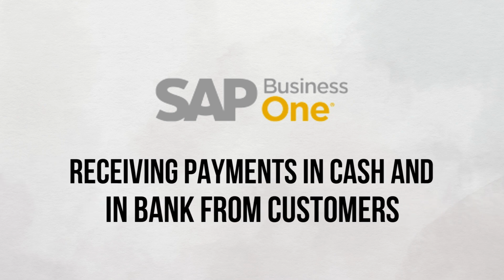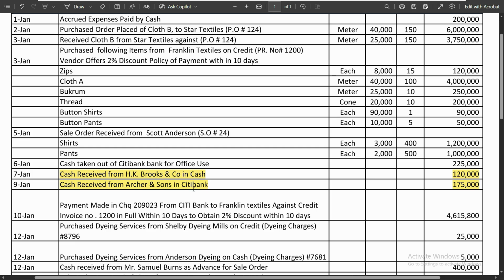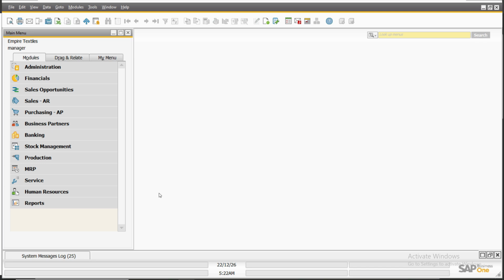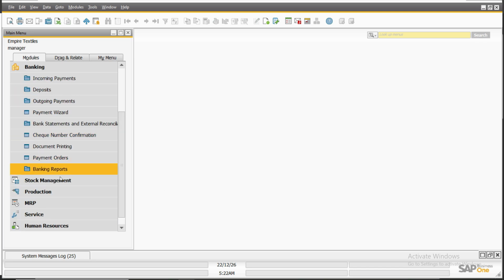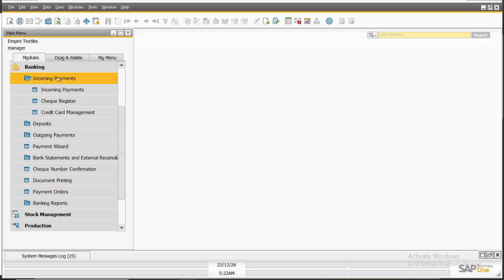In this video, we are going to see how we can receive the cash payments or payments in bank from our customers. So we'll deal both of these transactions in a single video. First transaction says cash received from HK Brooks and Company in cash. 120,000 is the amount. So we will head over to the banking section and click on the incoming payments since